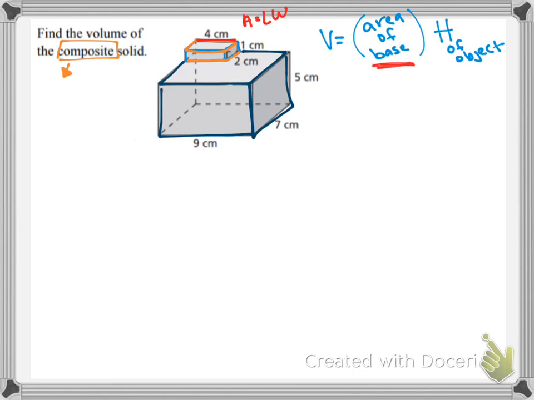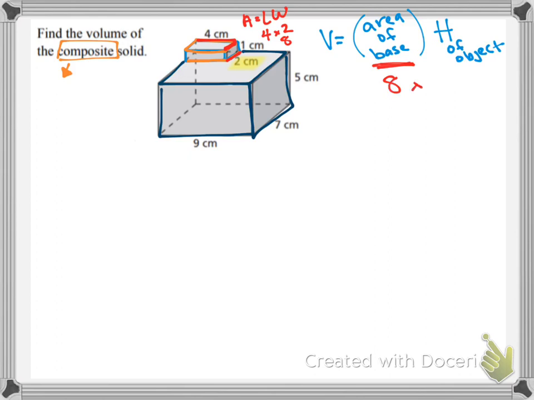We're finding the area of the base. So 4 is the length, and then the width, you don't see a number here, but what I do know is that down here is 2 centimeters, and these two lines are congruent to each other because the two bases are congruent. So 4 times 2, which is 8, area of the base,